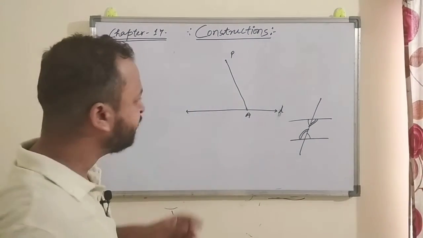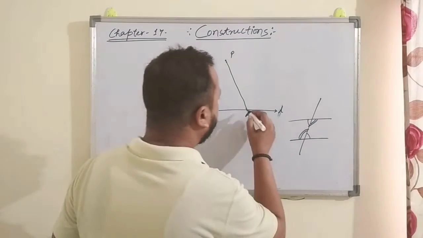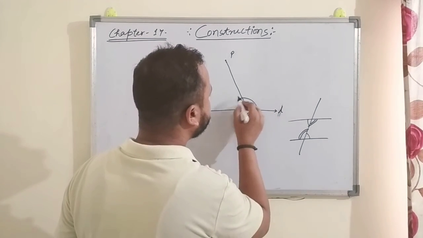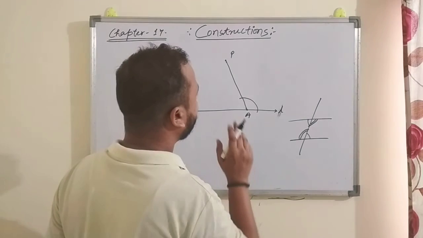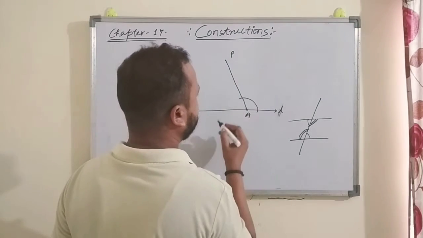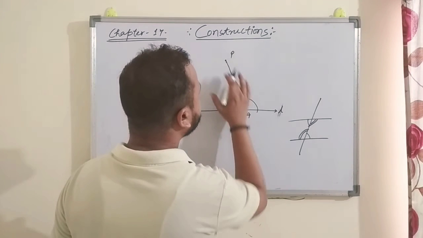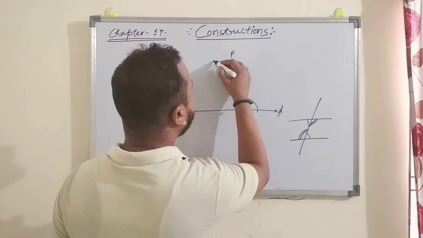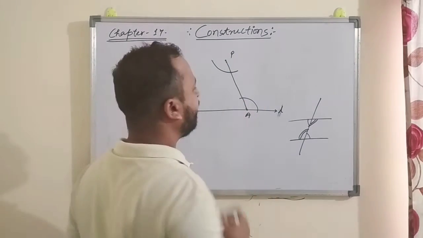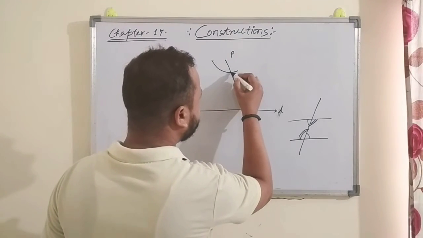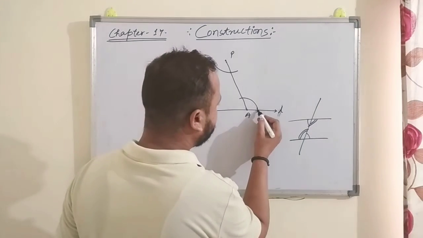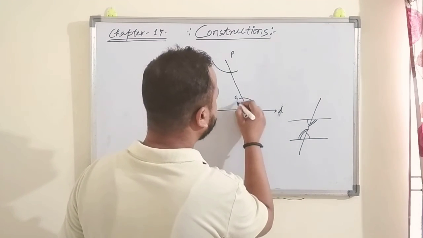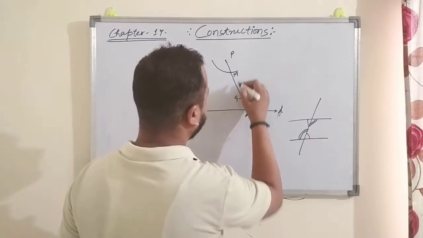Now take the compass, take any radius, right? Draw an arc. While taking A as a center, draw an arc. Suppose this is the arc. By the same radius, what you have to do is take point P. So we have taken this angle, so now we have to take this angle. Take this point as a center and again from that particular radius draw an arc, right? So now you get this point. So here you got these 2 points. Suppose these points are F and G and this point is suppose M, right?